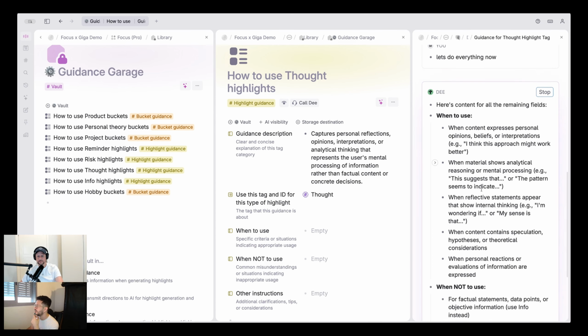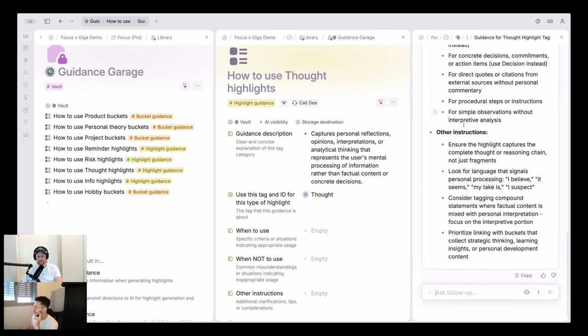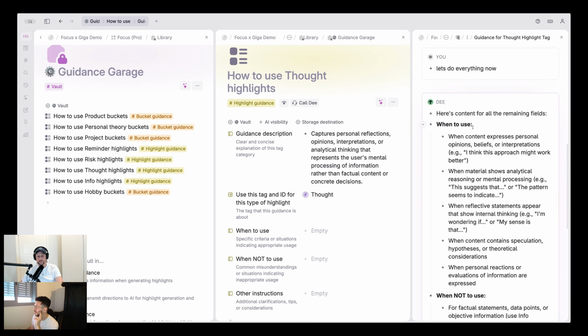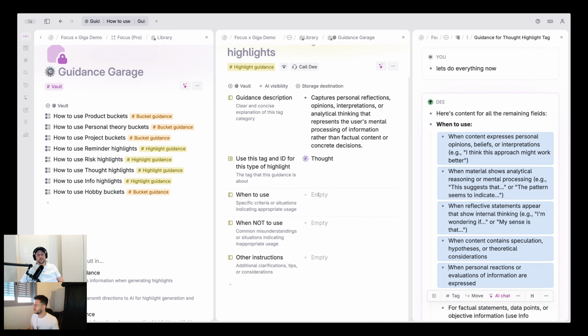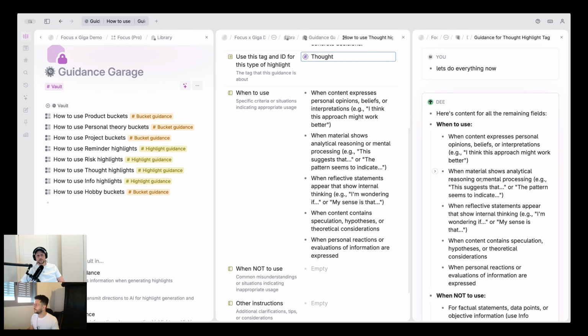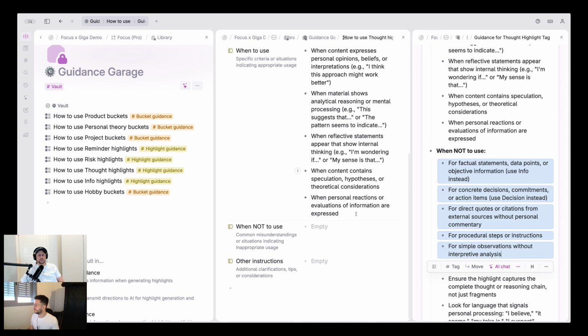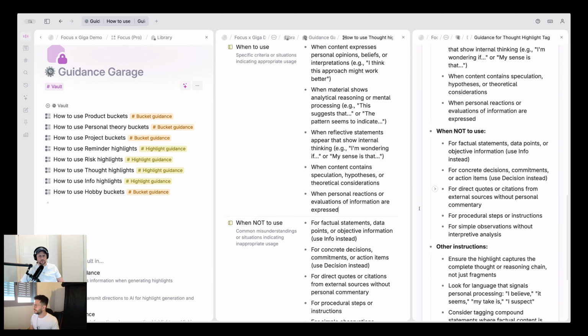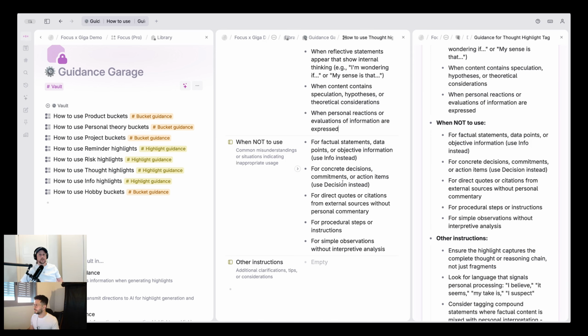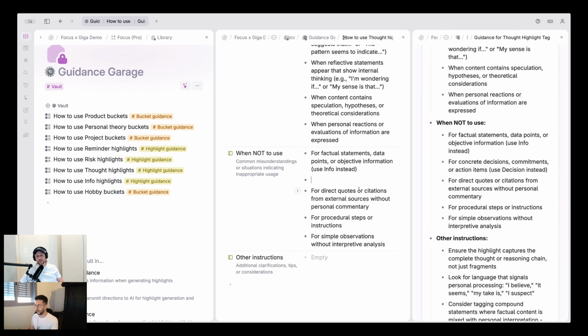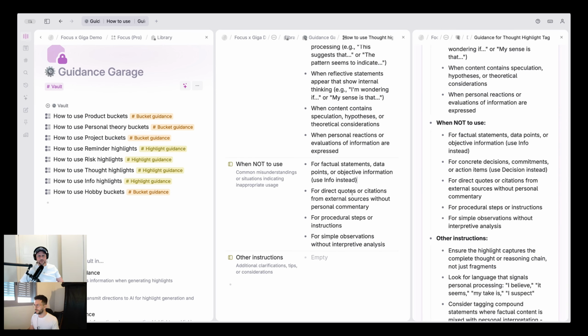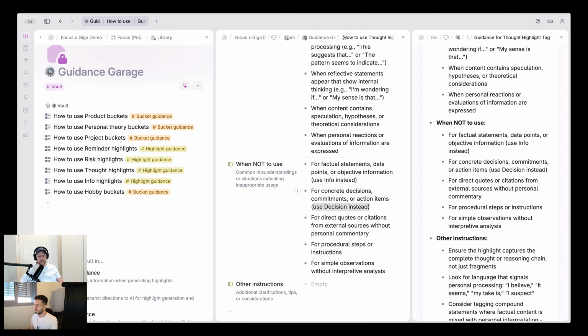When context is personal opinions, beliefs, and interpretation, blah, blah, blah. I think this. Okay. And while you're doing that, for things like thought or info, things that are going to be very common, that most people are typically going to be using in their systems, you can probably get away with doing exactly what we did. Oh, use decision instead. Yeah, I'm going to leave that. Hallucinations will happen, by the way, so you should read through things just in case. They don't happen often, but